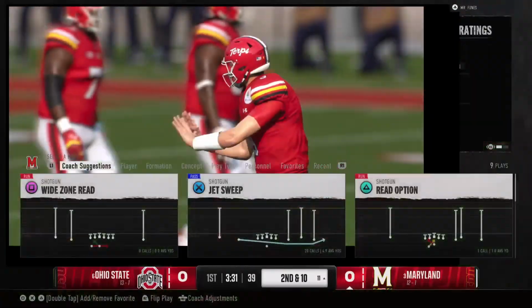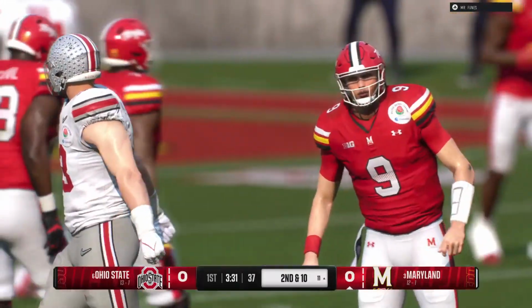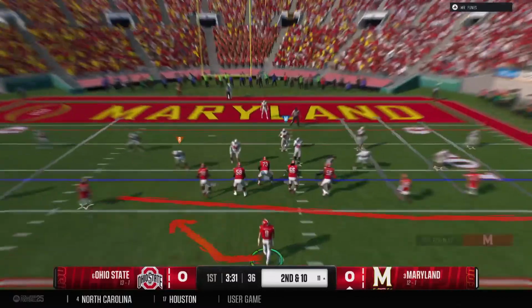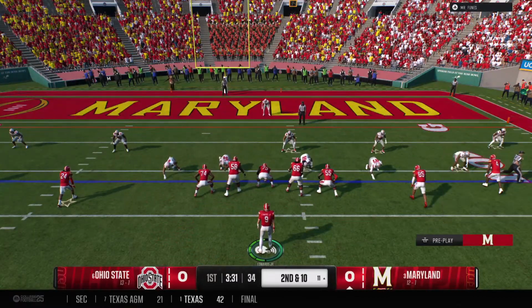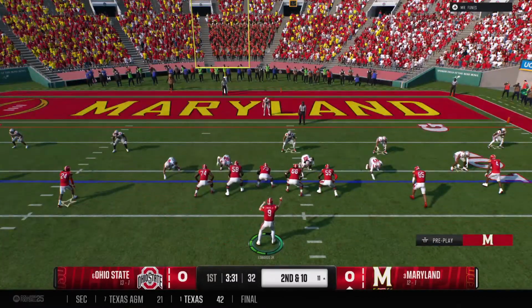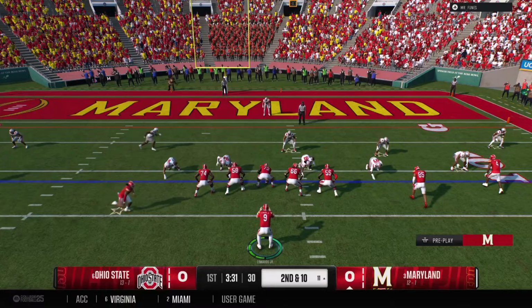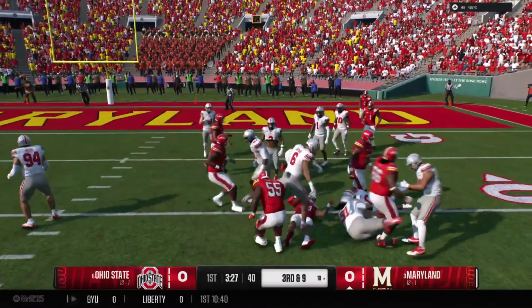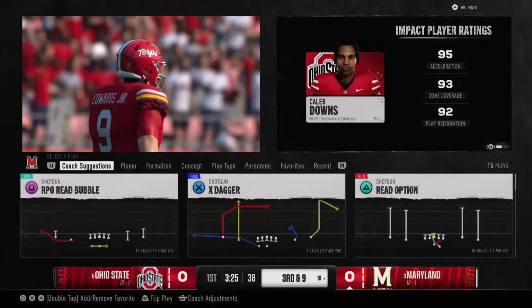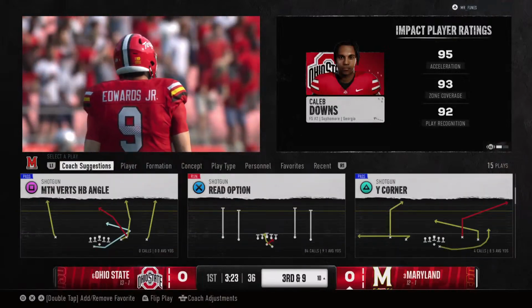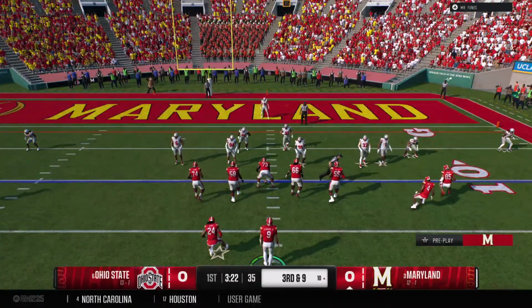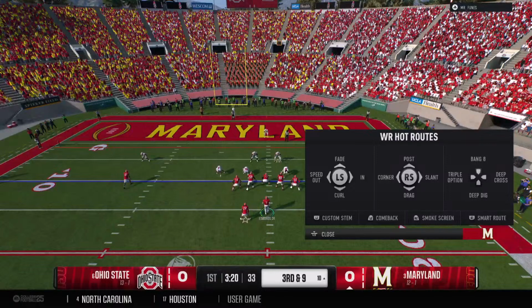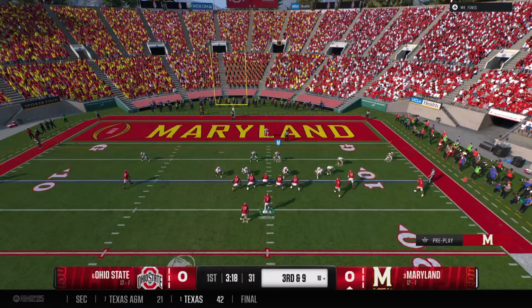But they don't make the connection. That one is incomplete. Coming to the line on 2nd down. This is important. They want to avoid a 3rd and long. Motion by the back. Defense better adjust. A pop pass on the jet sweep. Crucial 3rd down coming up in the red zone. Can they keep the drive going, or will they have to settle for 3?